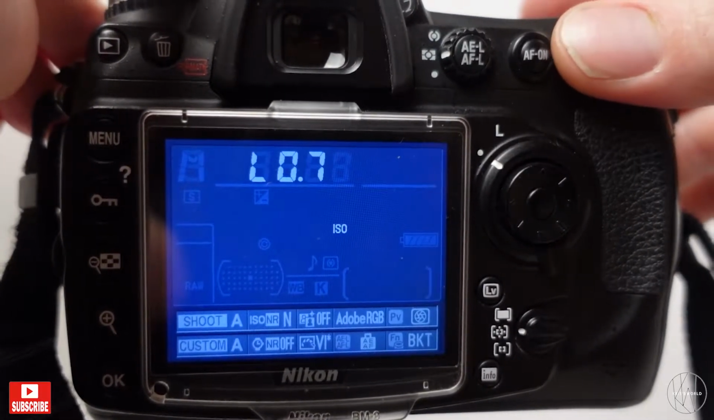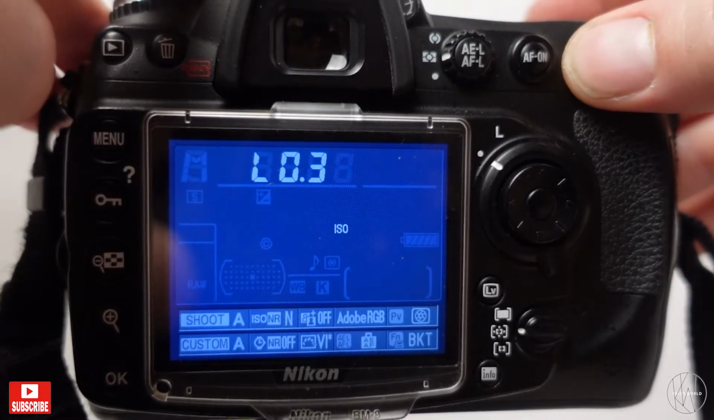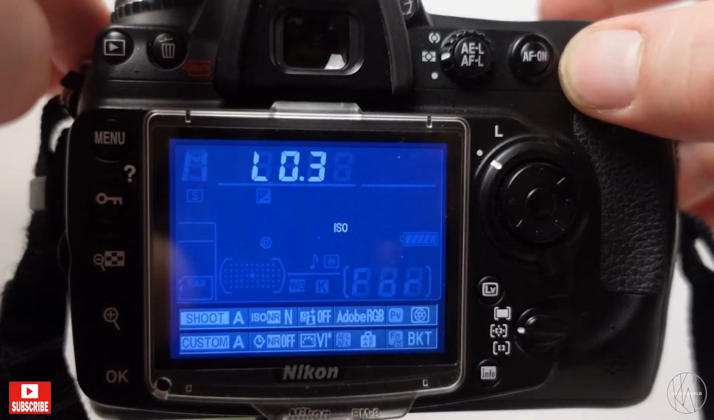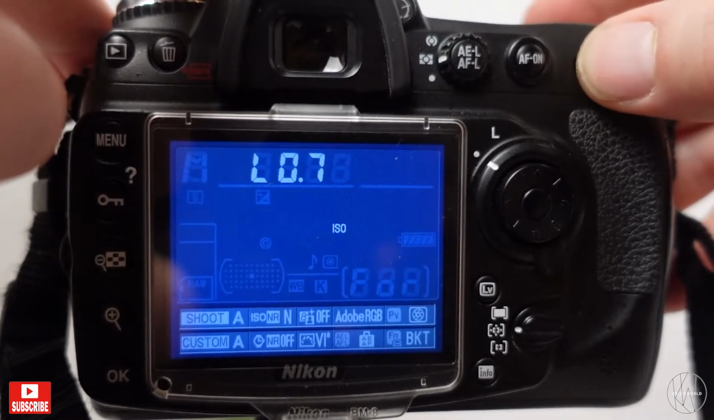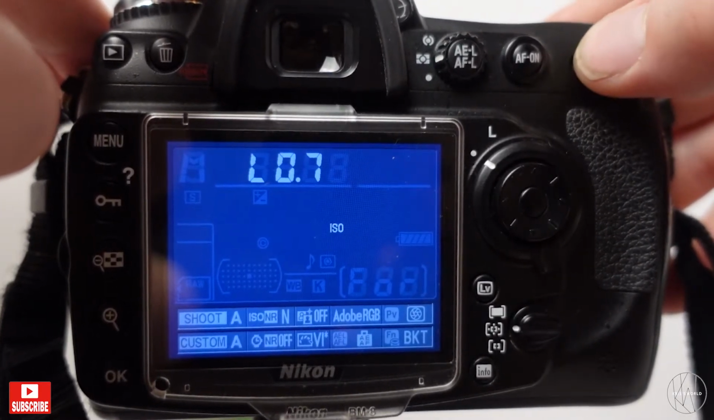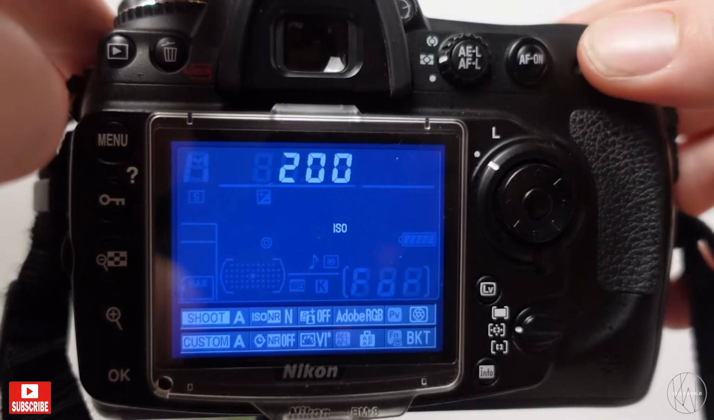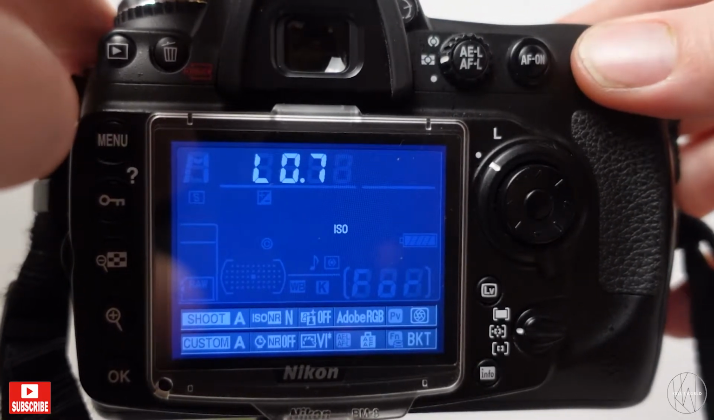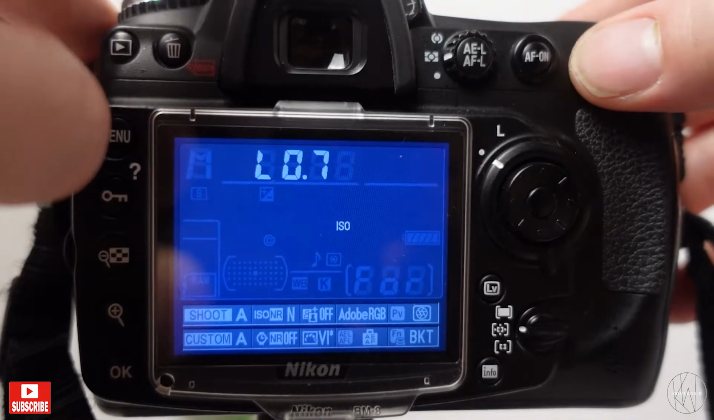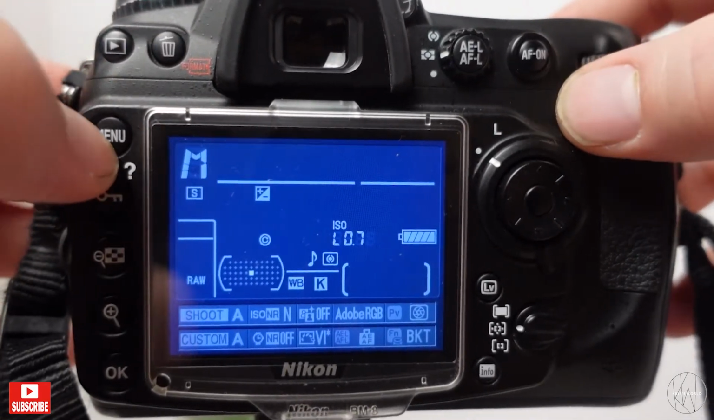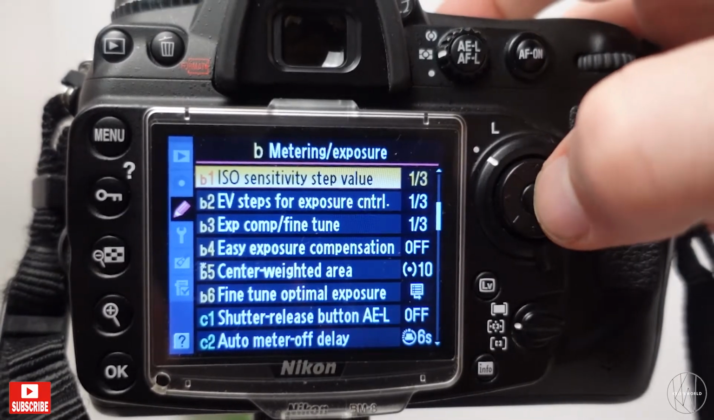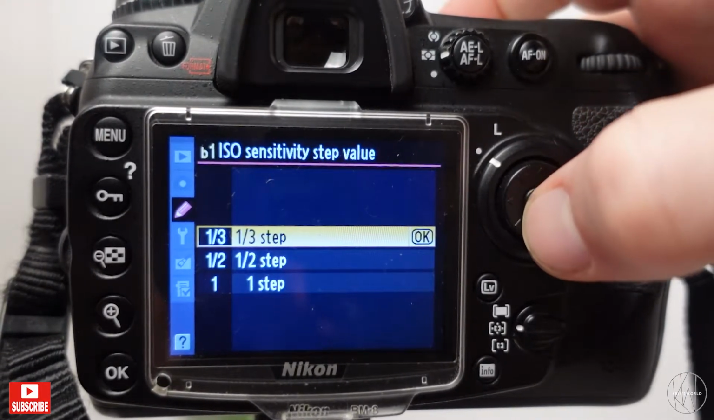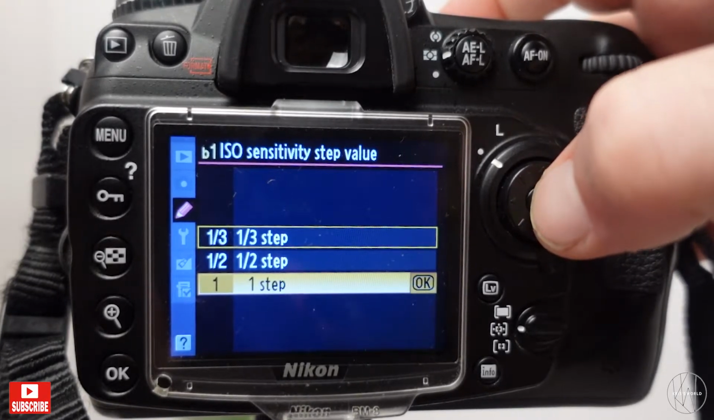If I go a third of a step, this is what happens. Basically, I'm changing it a third of a step, and I get to go in increments. Okay. Now, when I go back into menu and I go into ISO sensitivity and I change it to a half step or a whole step,